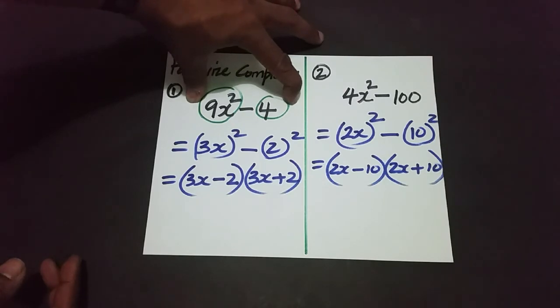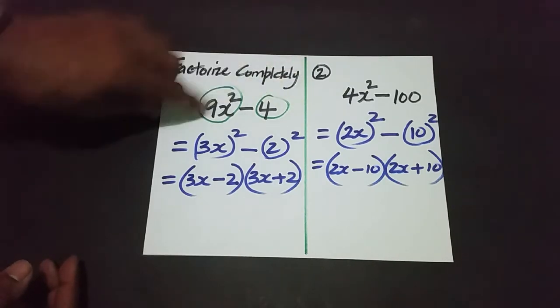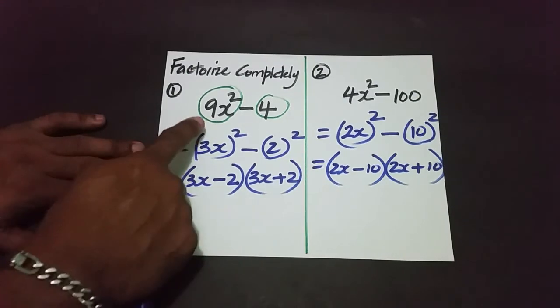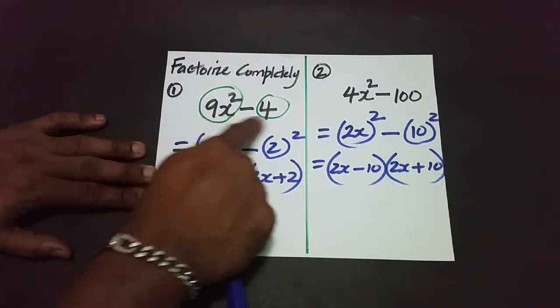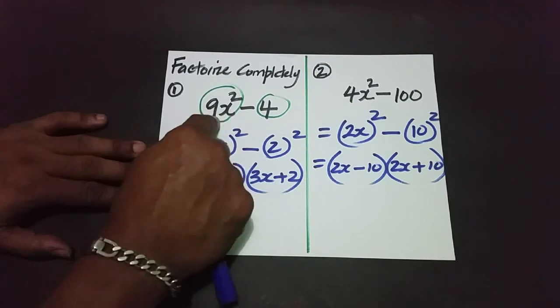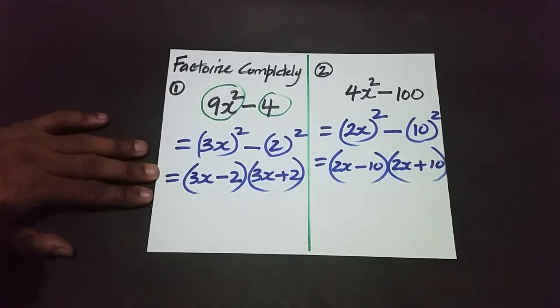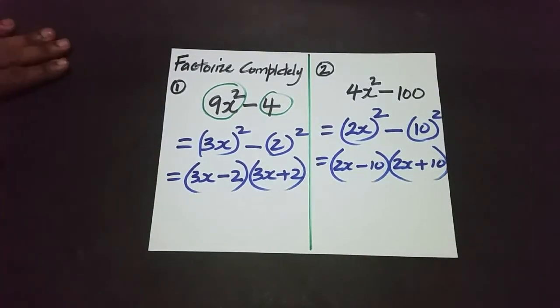So perhaps I should give you a challenge to see who could actually factorize this using the factorization of quadratic expression method. All right, but we'll tackle that at another time. So just try to identify and see, based on what you have here and here, if you could actually factorize by difference of two squares. All right, to be